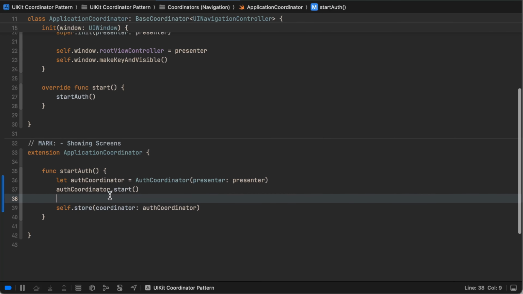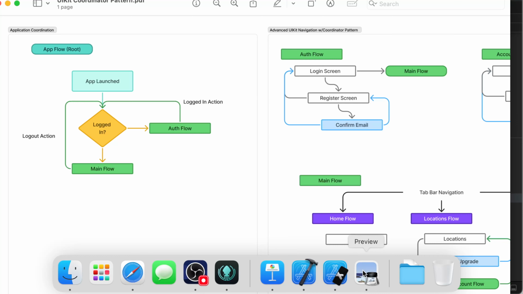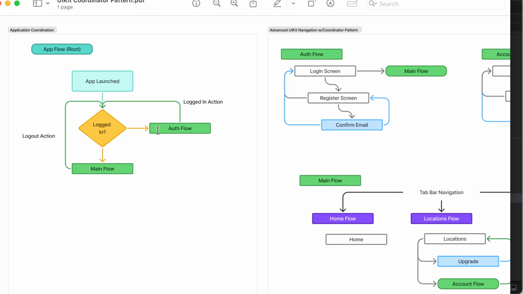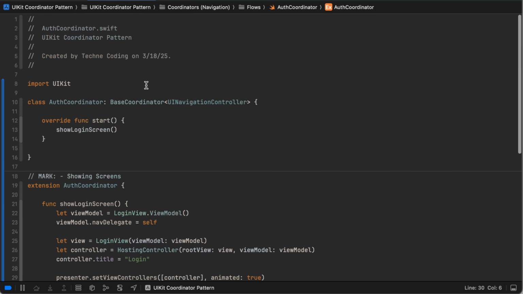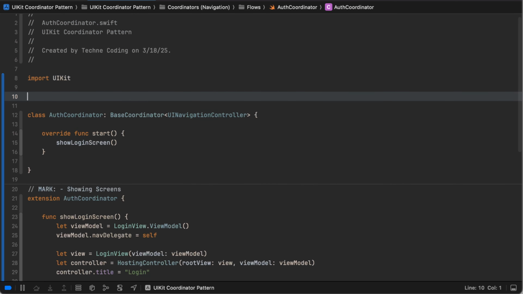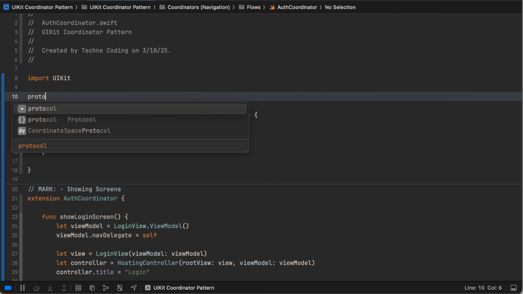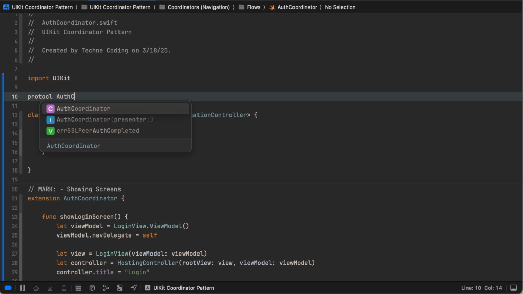And that's it. Now, one thing that we still need is a way to delegate away from the auth flow to the main flow. So there's an end to this coordinator. To do that, we're going to use the delegate pattern again. And we're going to say protocol AuthCoordinator